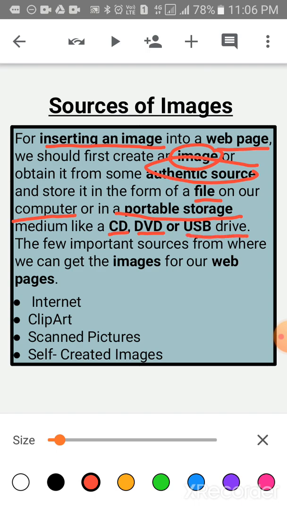The few important sources from where we can get images for our web pages: number 1, internet, or we can take images from clipart, or from scanned pictures, or self-created images. These are the sources of images. Clear, children?